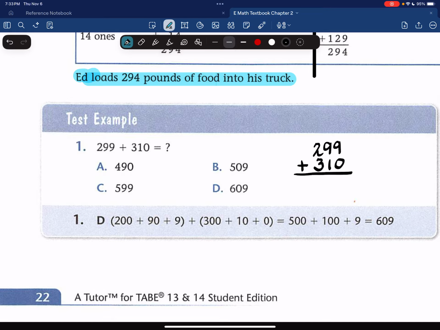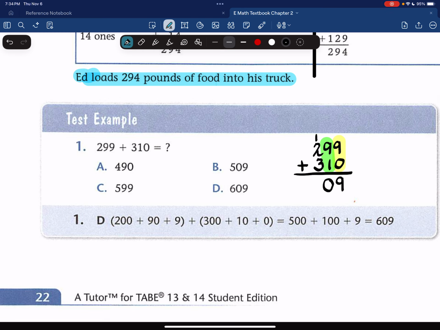I'm going to start with my ones column, and 9 plus 0 is 9. And then I'll move to the rods column, 9 and 1, that's 10, so I will put down a 0, and I'll carry that 10